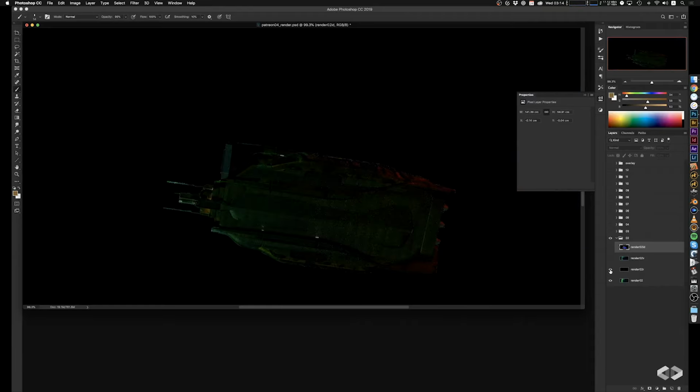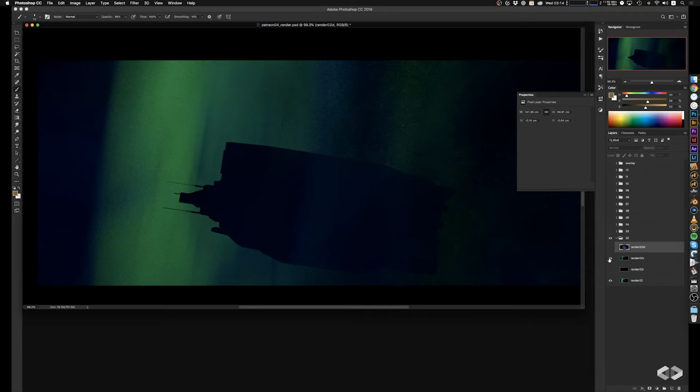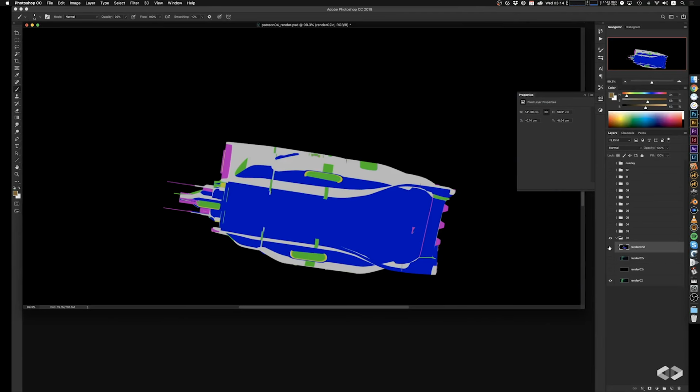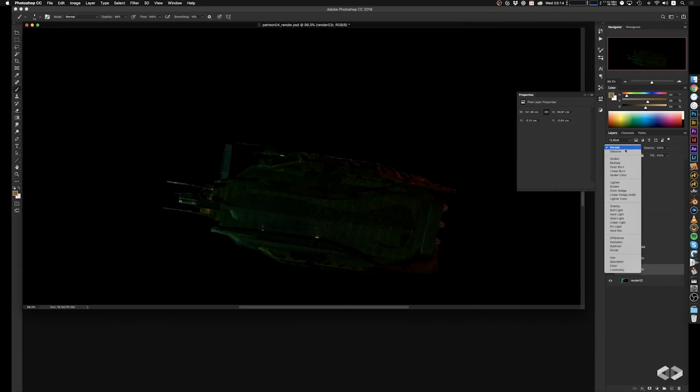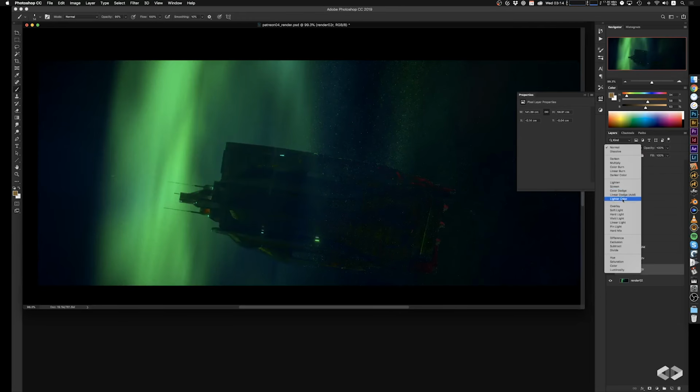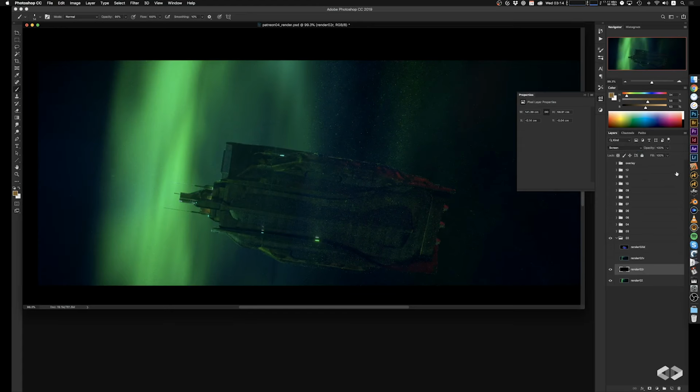So now we're here in Photoshop. I've brought in all the different passes of all the different shots I did. I did 11 altogether. And like I said before, I have the volume pass, reflection pass, and material ID, which I will put together,